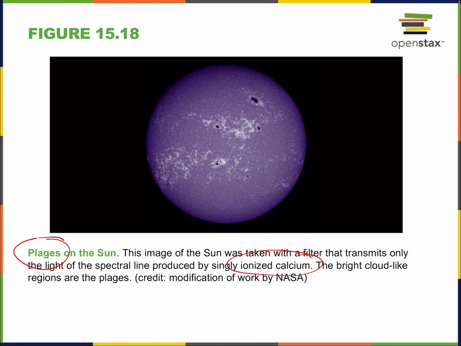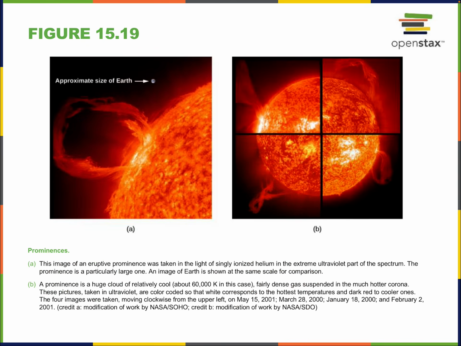All right, so in this case, the calcium creates a nice spectral line, which is why we can see these white plages. Okay, notice that they tend to be clustered around sunspots. Now on to something that's a little bit more dramatic,